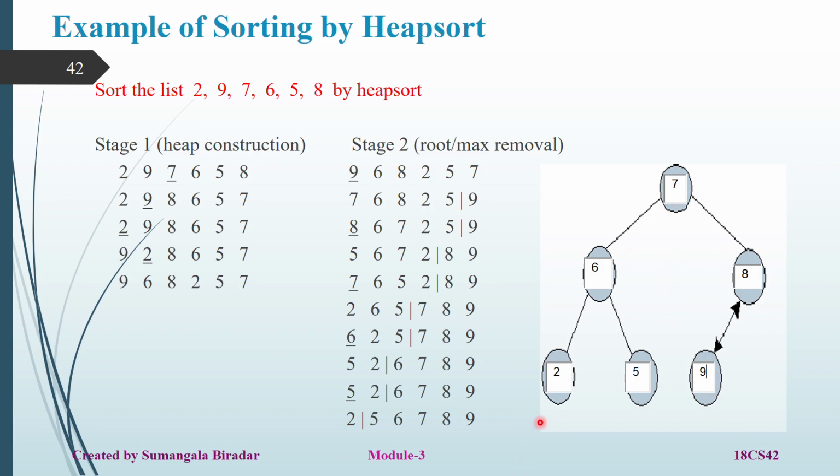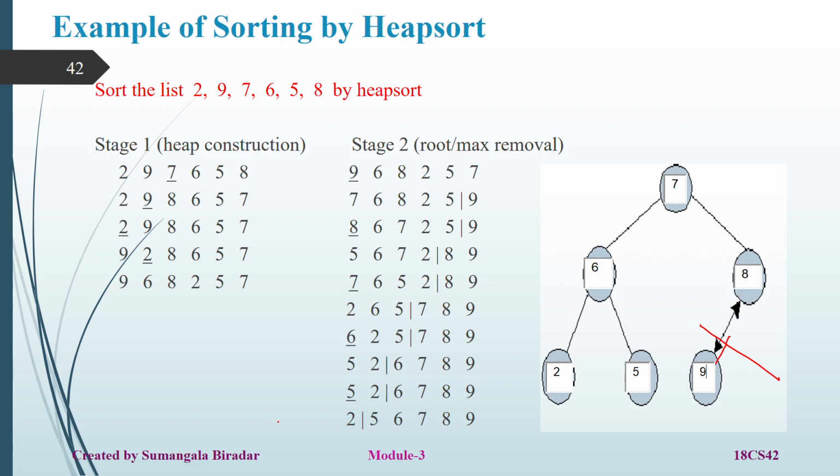After interchanging, what is the next step? You have to remove this node here. So if I remove this node, assume that this node is already removed here. First you have to remove the node here. After removing that, next you have to check. Now assume that this node is removed. Only these elements are available in your tree here. So after removing that node, you have to check whether it is a heap tree or not. Is it a heap tree?